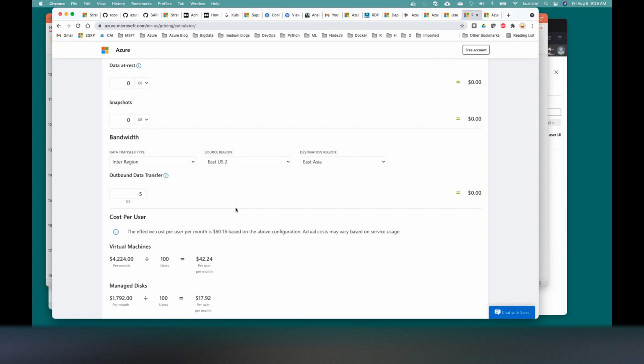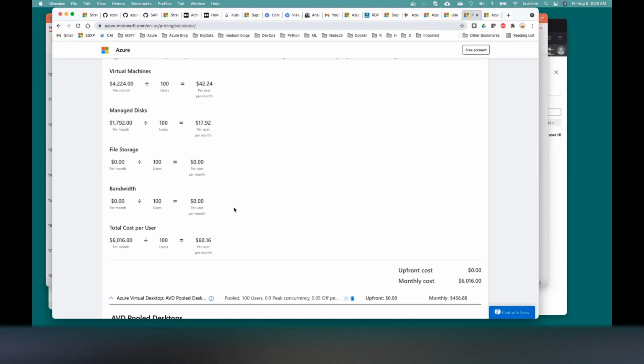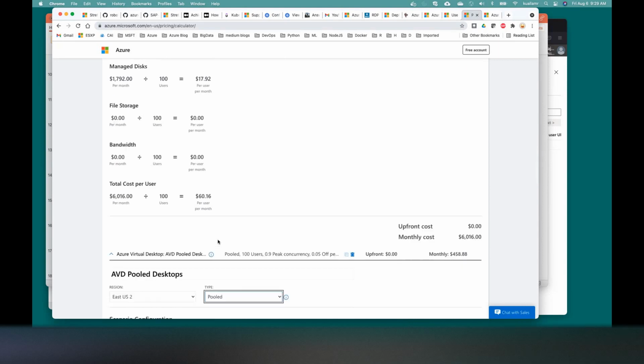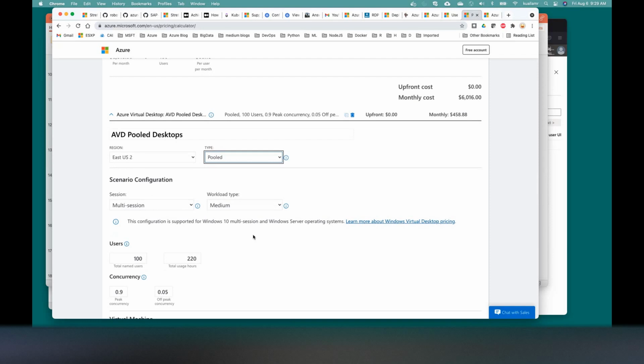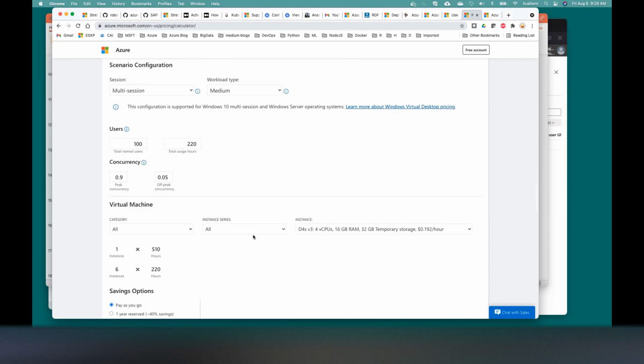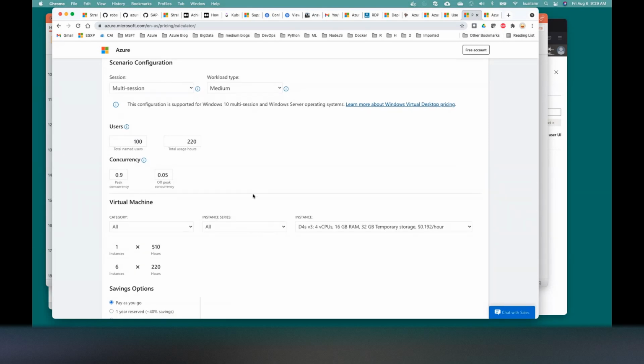So in case of personal desktops, the user owns the VM. Once the VM is assigned to him, he owns it, he works on it. But in case of pooled desktops or multi-session desktops, this is where our customers will find it very cost effective. But customers need to discuss with the Microsoft team what kind of workloads they'll be bringing in, so that we can guide them appropriately, whether multi-session desktops are an ideal use case for them or